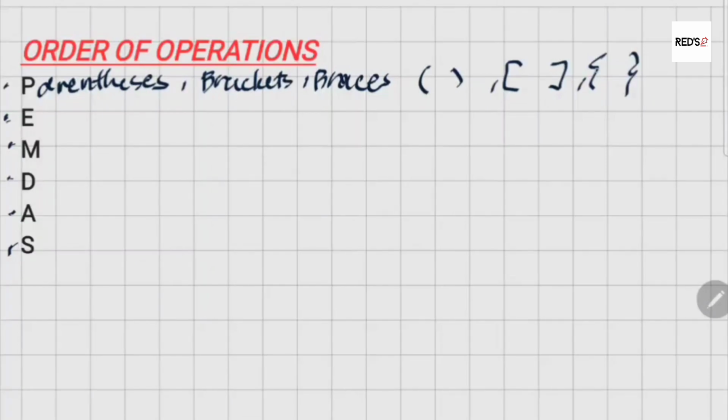This is actually just how I write the braces, but you can look for those in your books or in some online sources. And then E stands for exponents, wherein you have a base, whatever your base number is,